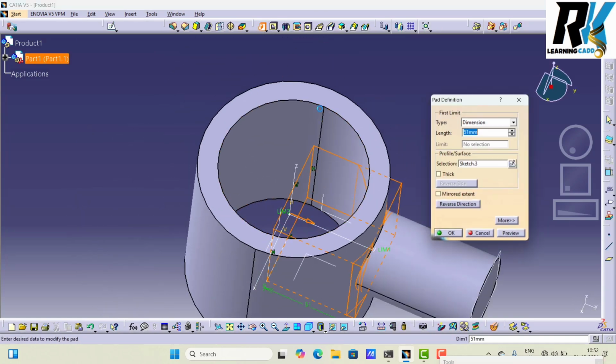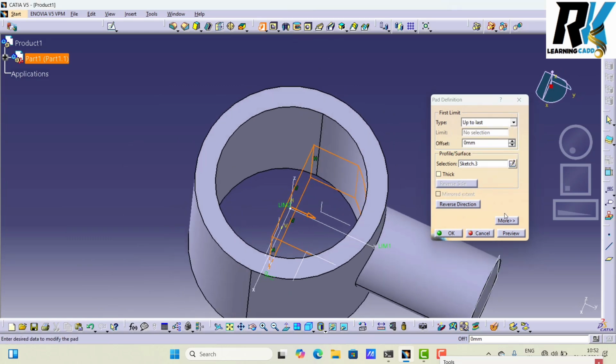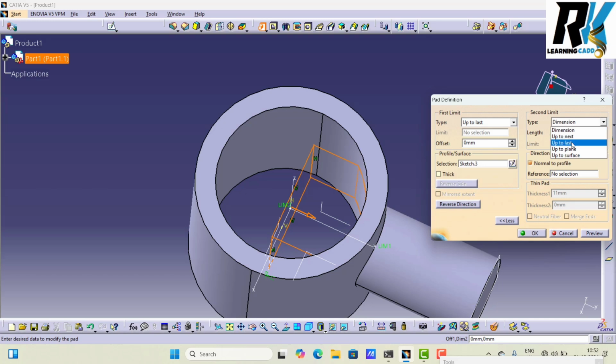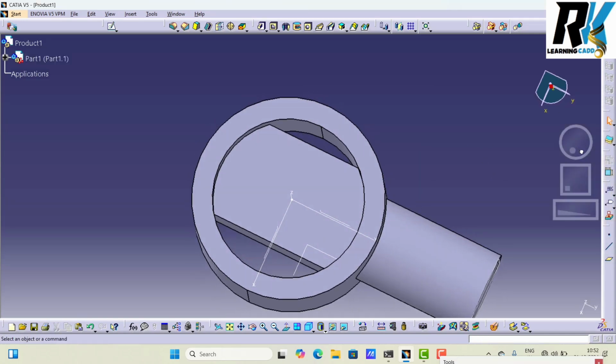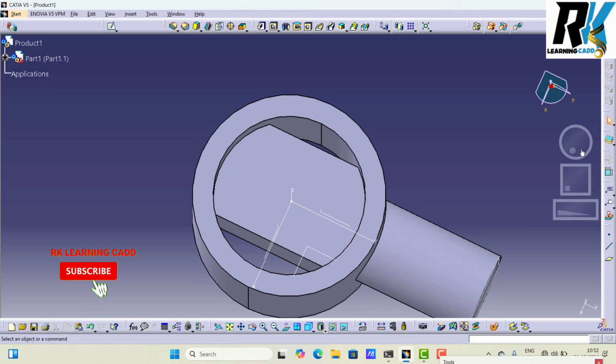I select Pad. In this direction I select Up to Next, Up to Last. Up to Last means it comes here, and I go to More. Here also I select Up to Last. So it comes in this direction, and this type of result comes. Here we can also select Up to Next, no problem. So this is all about the Pad command which I have explained.